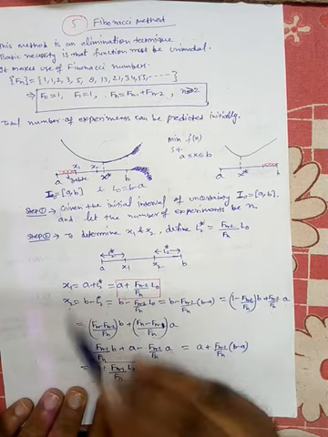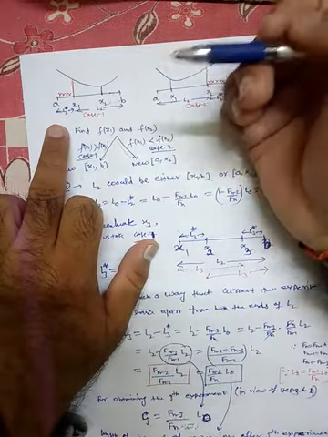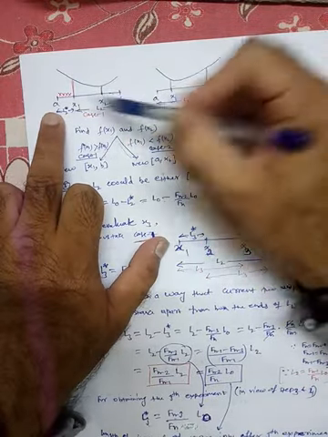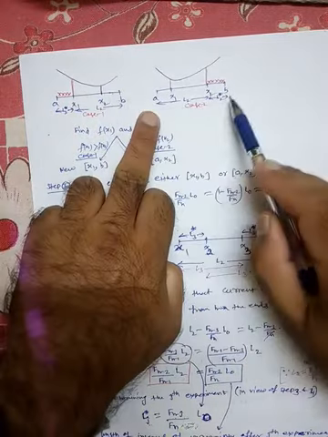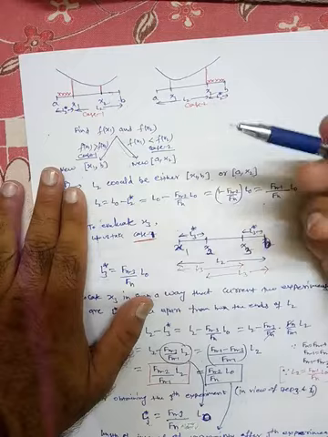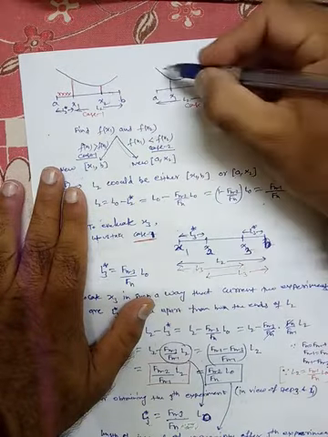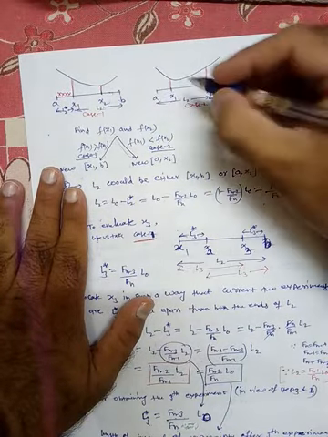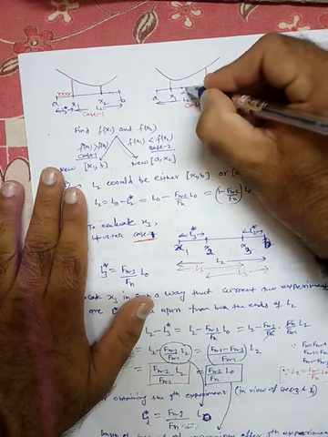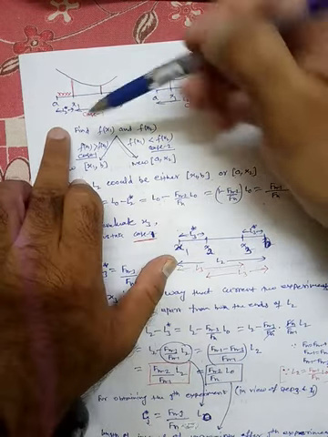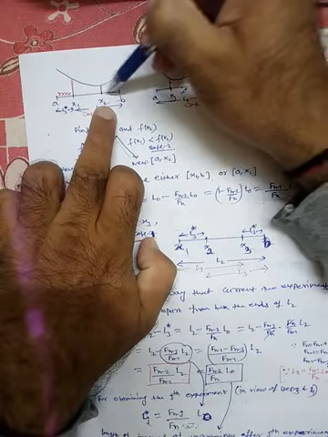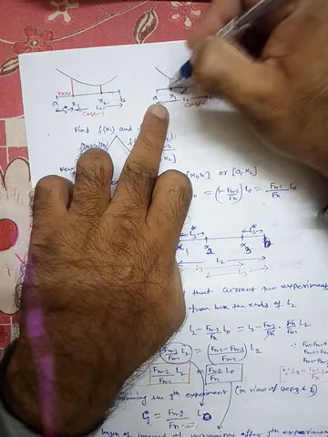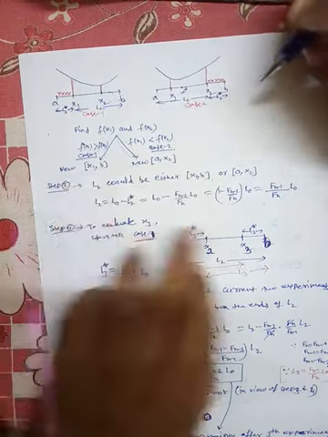Okay. Now here we have two cases because we have inserted x1 and x2 here. So that's why a, b, x1, x2, a, b, x1, x2. Now we have two cases: either we have this type of curve or we have this type of curve. So here is x star. This distance is L2 star, this distance is also L2 star. Similarly here, this distance is L2 star and this distance is also L2 star.